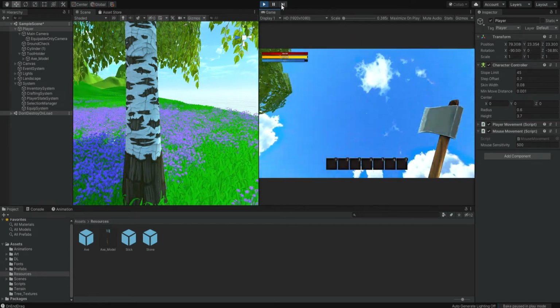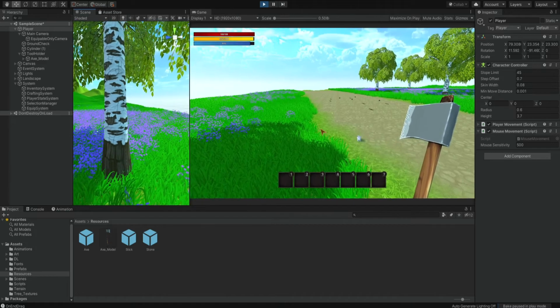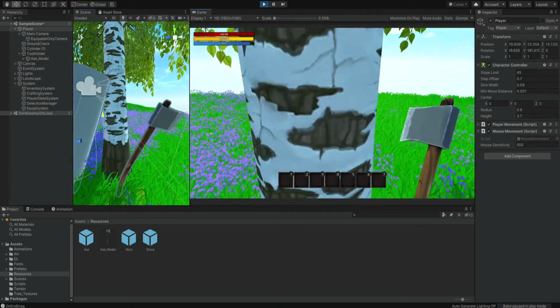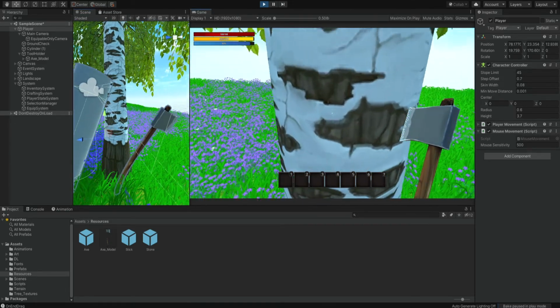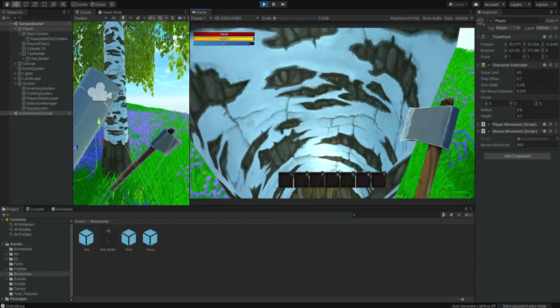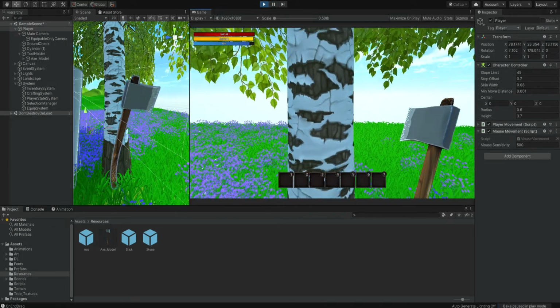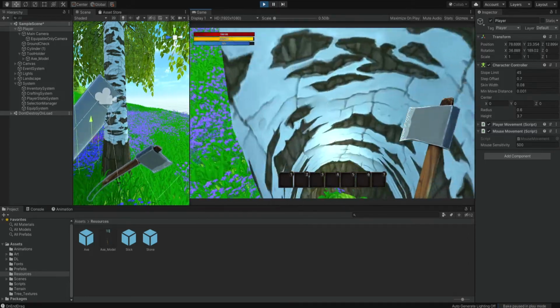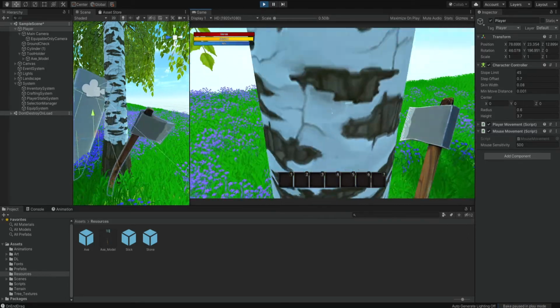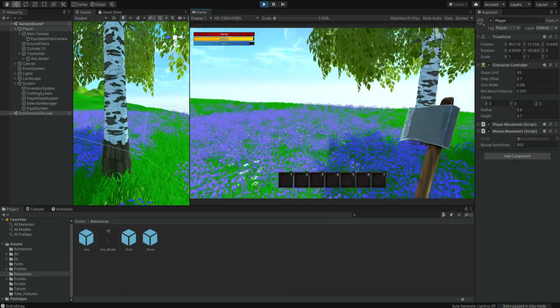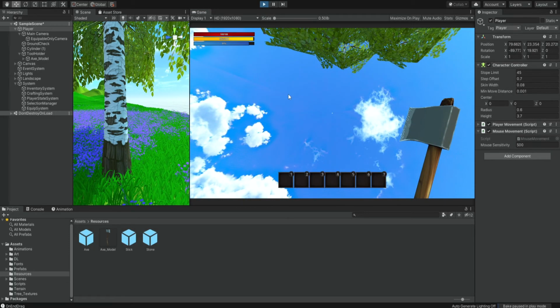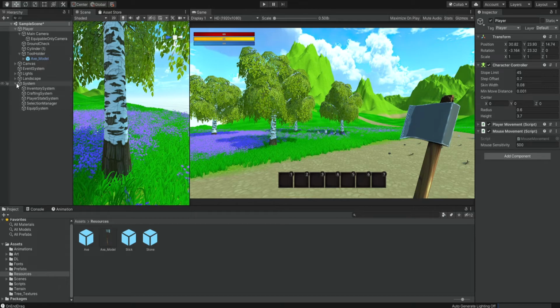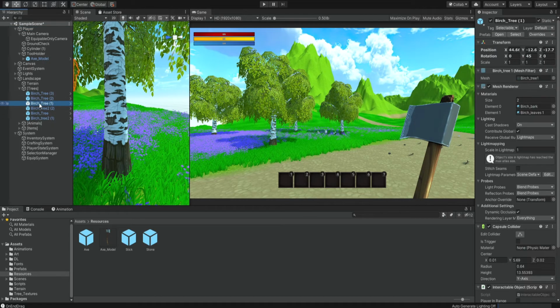Now, another problem is that when we go near these trees and we look down, then we clip through them, right? Our player is clipping through these trees. So to fix this, we're going to click on our landscape, trees, and we're going to select one of these birch trees.